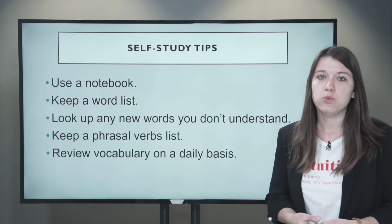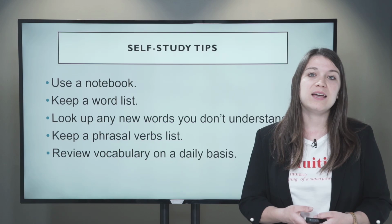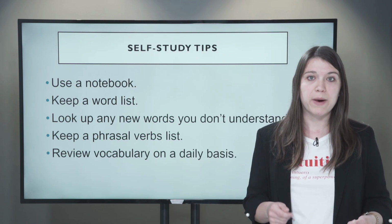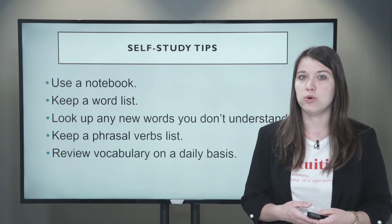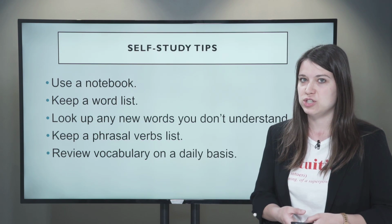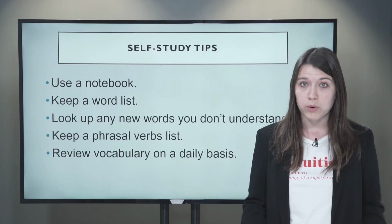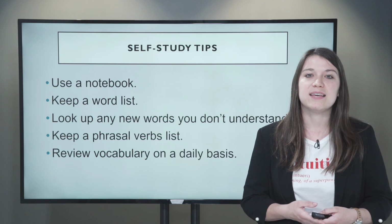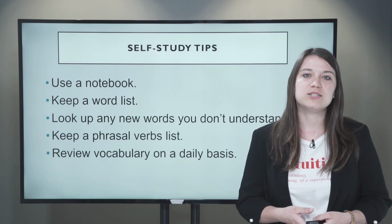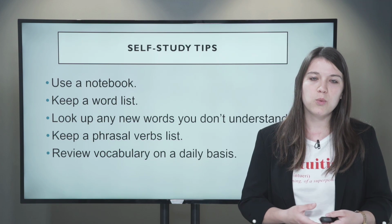Okay, so look up any new words that you don't understand. Maybe if you watch TV in English, or you listen to the radio, you might jot down a few things that weren't familiar to you before. So look up the definition to those later. Okay, keep a list of phrasal verbs. Those are really important in English. So keep accumulating those phrasal verbs in your notebook and try to practice them, to use them whenever you have a conversation,